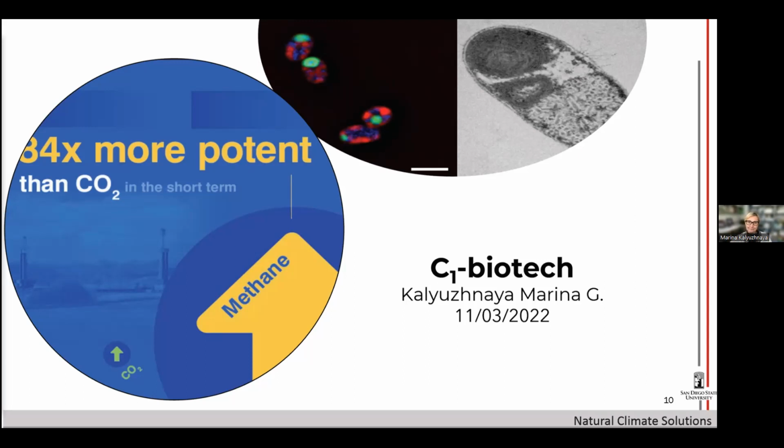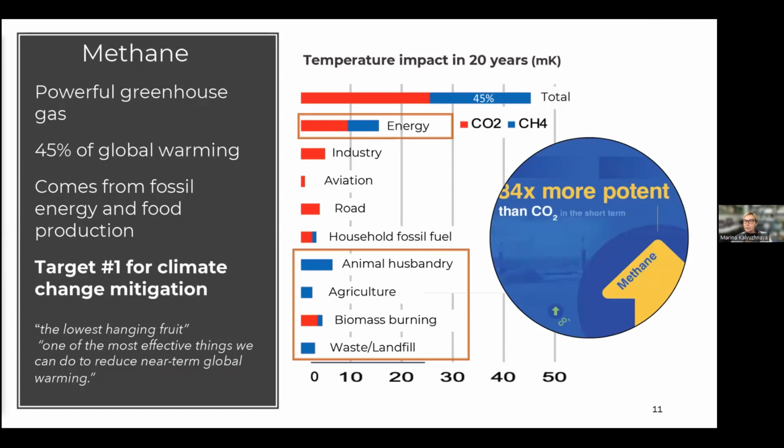Next slide, please. Why we wonder about methane, why we should think about methane. Methane, we all know, is a very powerful greenhouse gas. Here on the graph, which I put together from an IPCC report prepared for the Paris Congress quite a few years ago, you can see red and blue. This red and blue represent the contribution of CO2 and methane to climate change. And 45 means that a significant portion of this impact comes from methane.